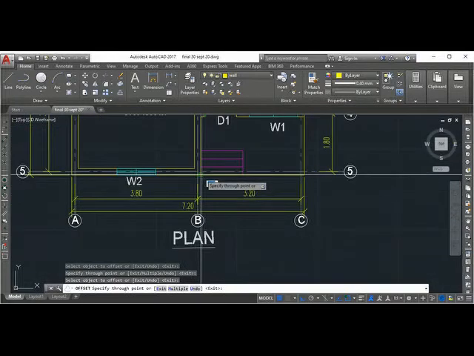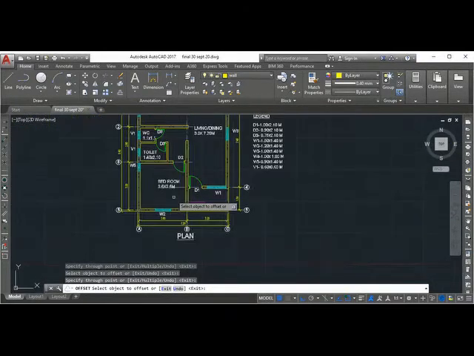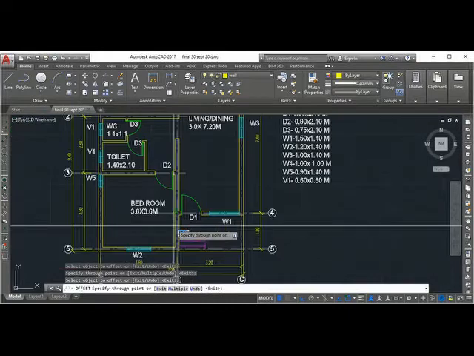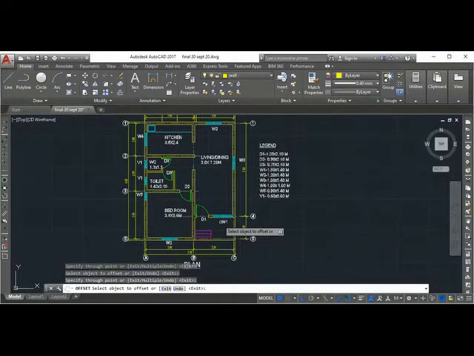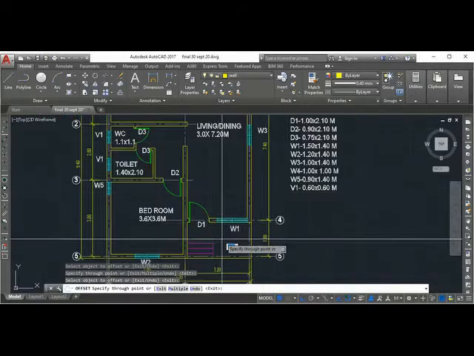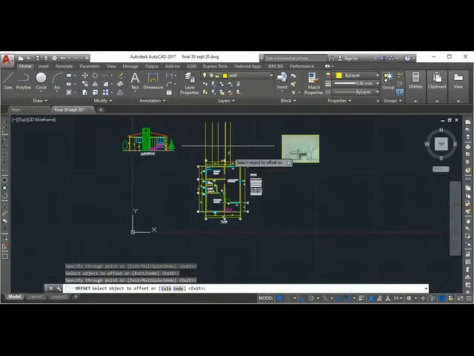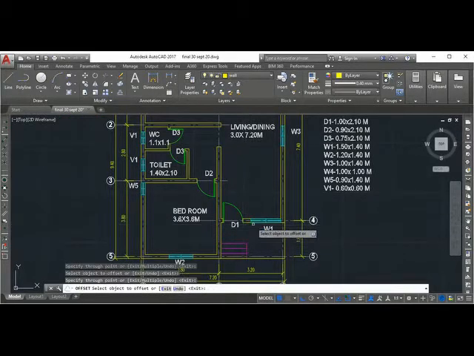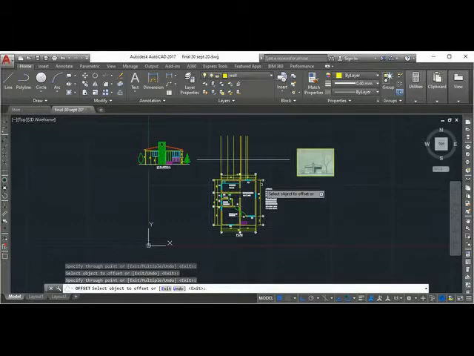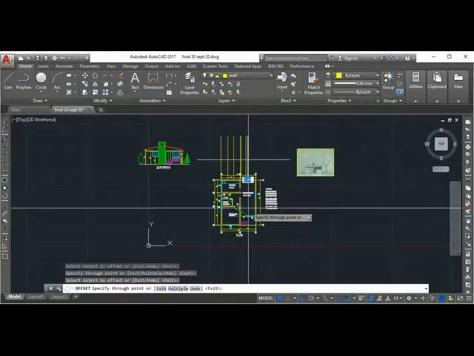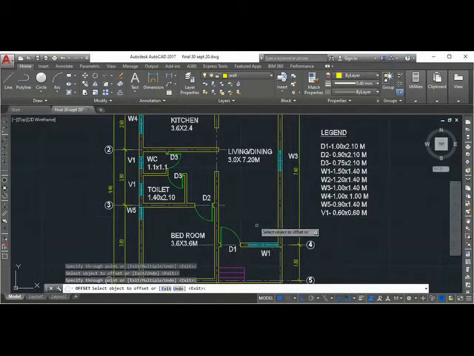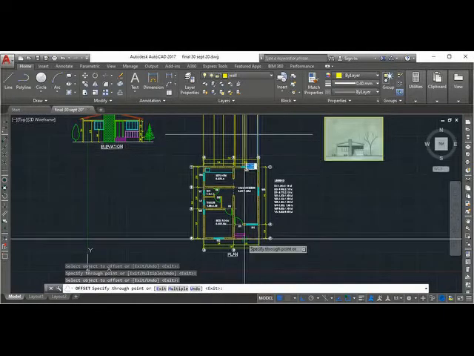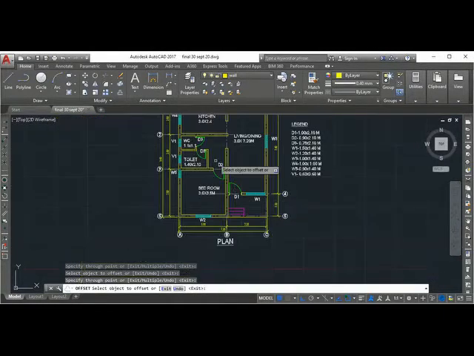This corner, click. So this is very easy. That is why I was telling you the through command is very, very powerful. So I got almost all the lines.